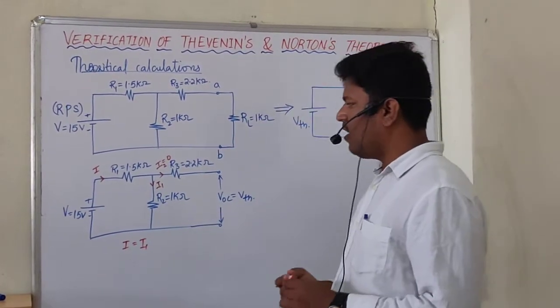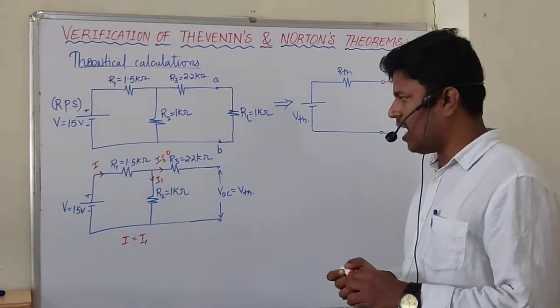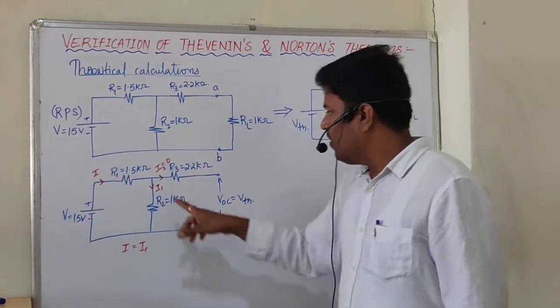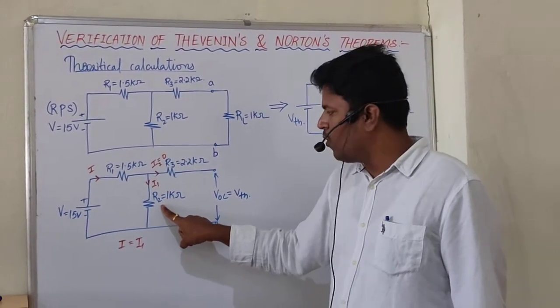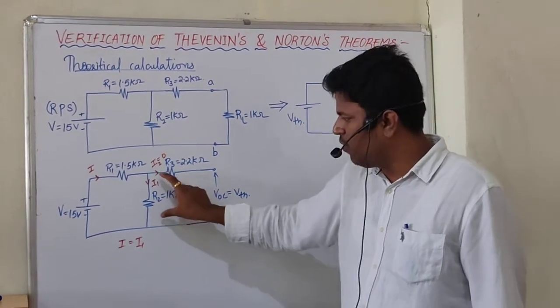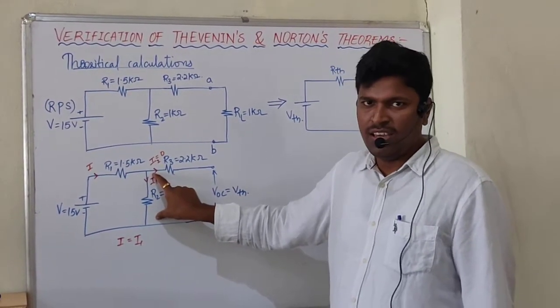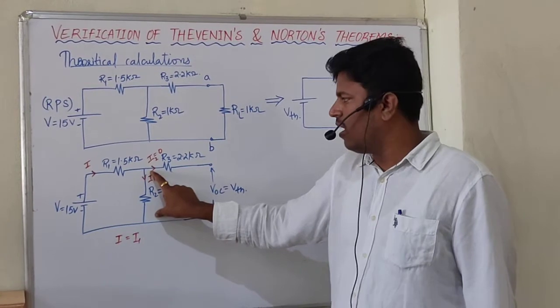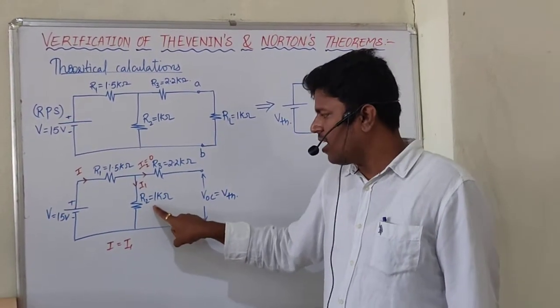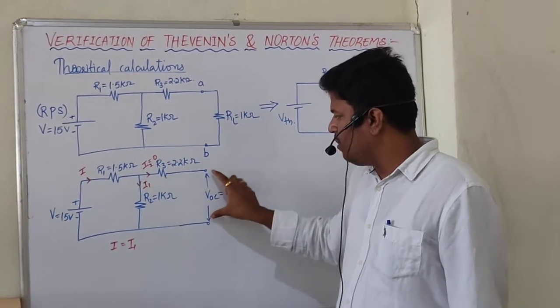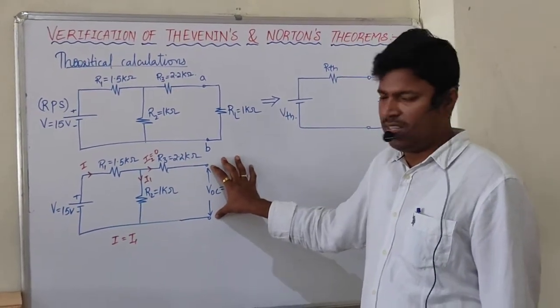Right? And here we need to know what is I1 or I, so that we will be knowing in this branch current and resistance. From Ohm's law, we can derive what is the voltage appearing across this branch. From Ohm's law, V is equal to I into R, right? So this I multiplied by R will get voltage. Same voltage will be appearing across these two terminals.